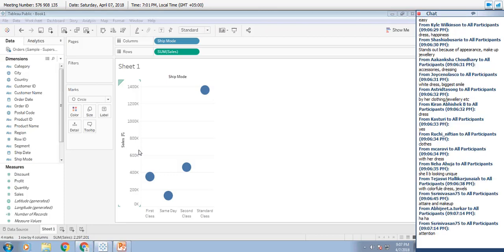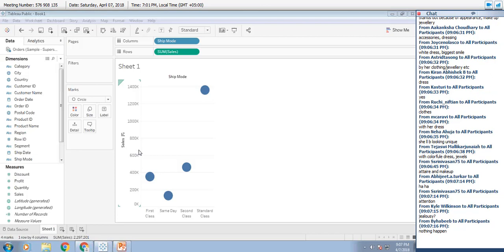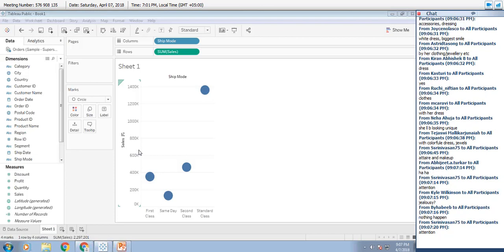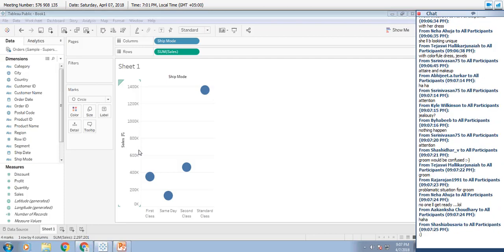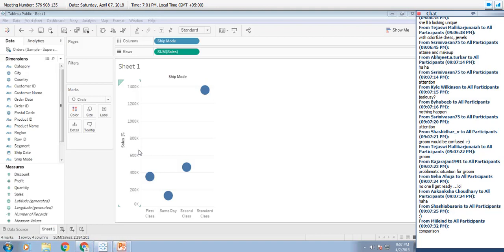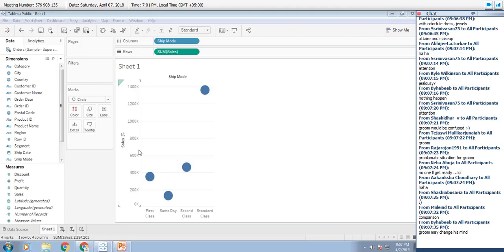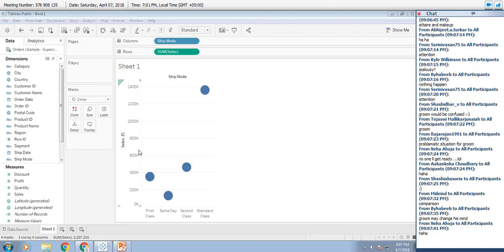Confusion for whom? Groom should not be confused, man. Come on. Groom should stick. That will be a test for the groom. So there will be a murder and then a wedding, right? The bride will come down from the dais, then the murder will happen, and then the wedding will happen. Why? No one should steal that moment from the bride.